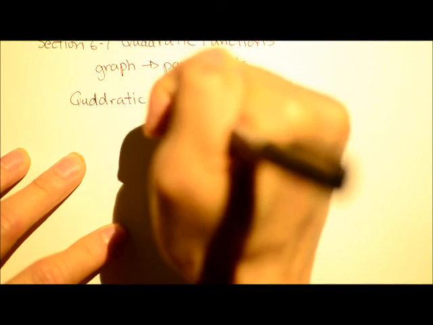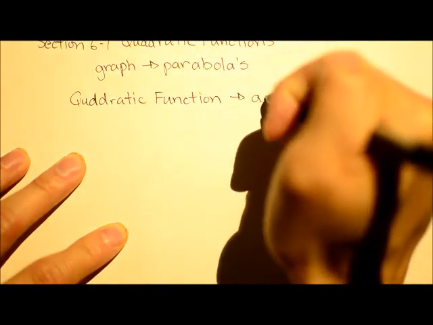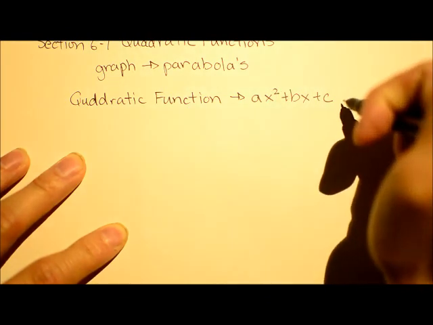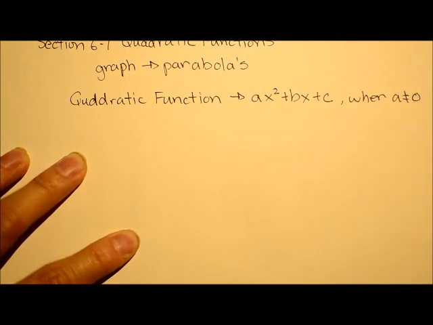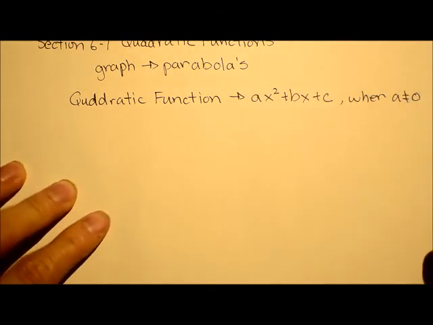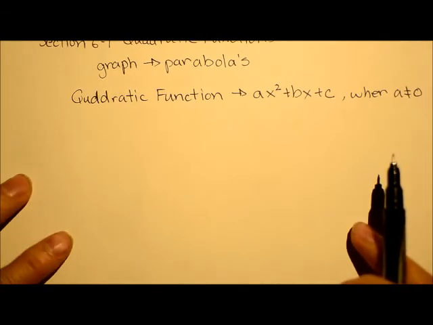Our form of the quadratic function is in the form of ax squared plus bx plus c, where a does not equal 0. Because if a is equal to 0, we have a linear function, and we don't want a linear function at this point. So some of the things you need to know